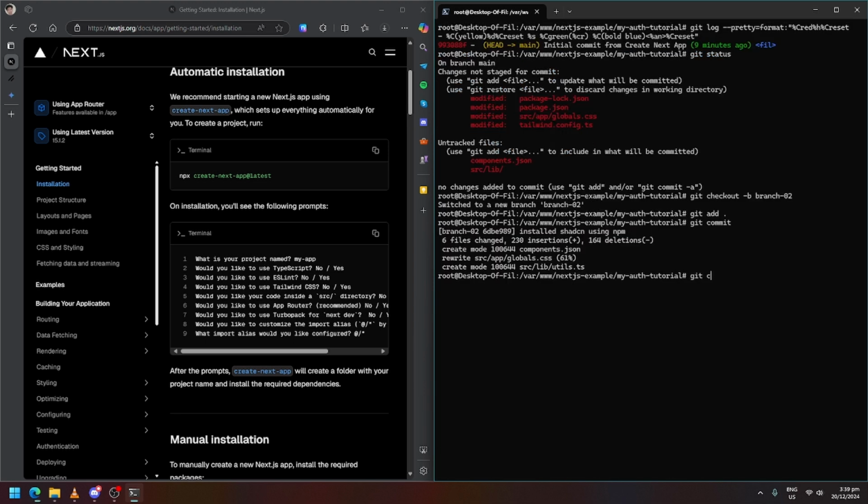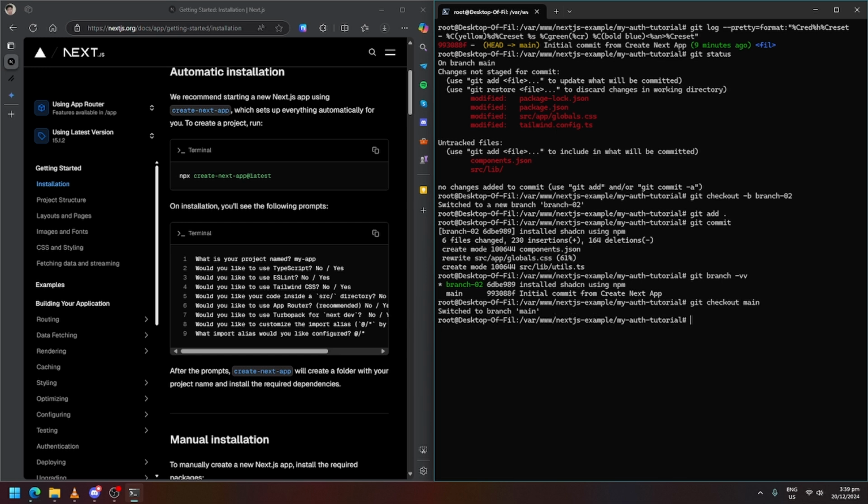Right, so git checkout, git branch, so git checkout main. Okay, git status. Sorry, wrong.